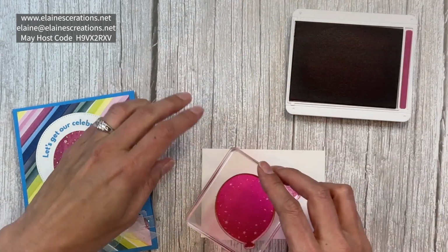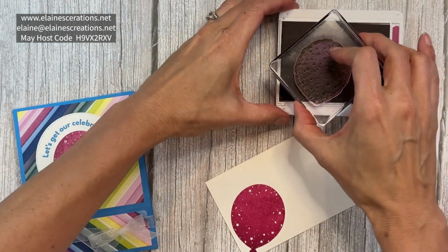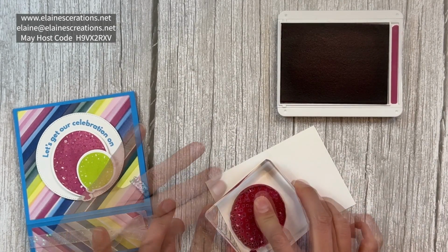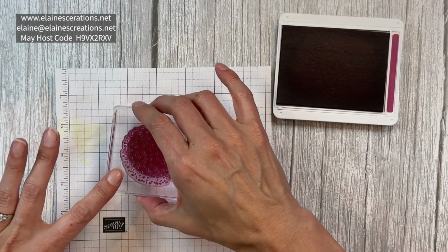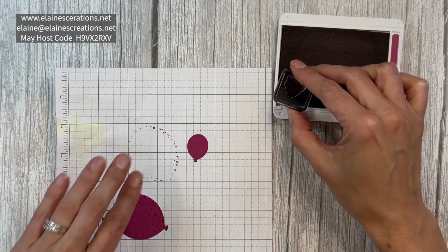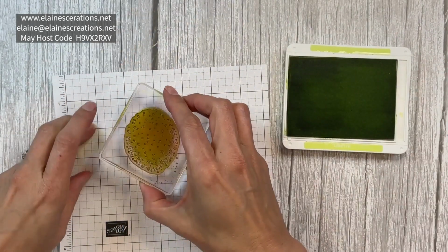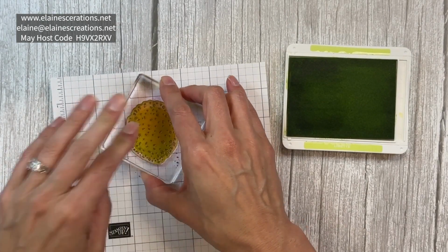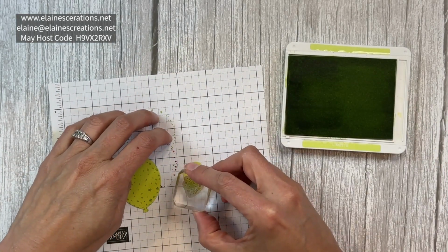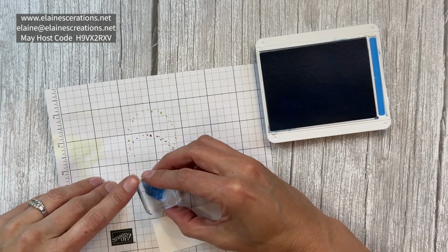The large balloon is in Berry Burst. And then there's this fun confetti in the shape of the balloon that we can stamp over top. And now I'm gonna just stamp the same confetti on my solid balloons that are gonna go inside. Now I'm gonna do the lemon lime twist on lemon lime twist. And now I'm gonna do some azure on the little azure balloon